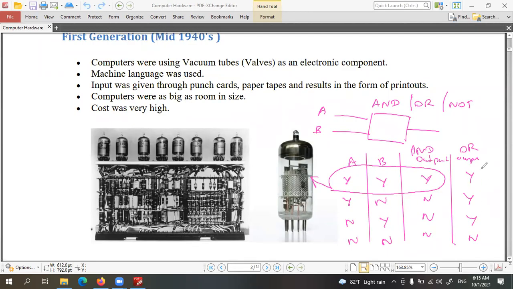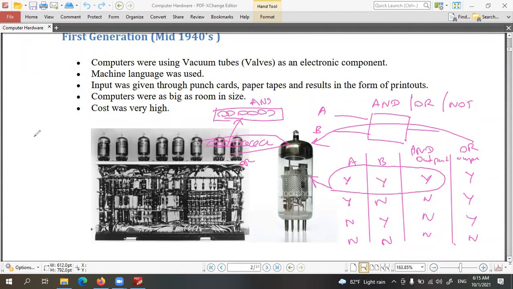That logic can also be performed using an arrangement of these vacuum tubes. A set of vacuum tubes will be arranged in order, and using this it is possible to take an AND decision. Another similar arrangement of vacuum tubes could take the OR decision.